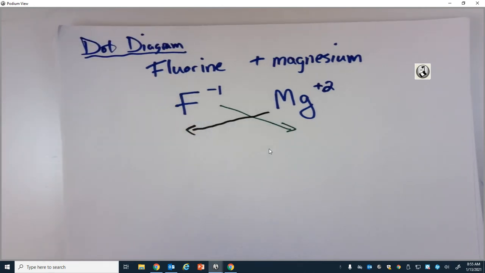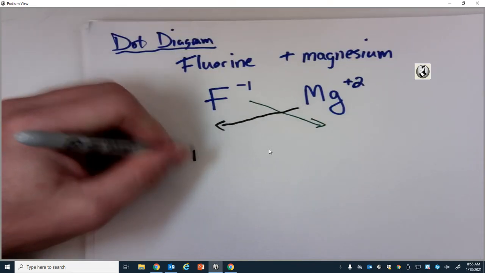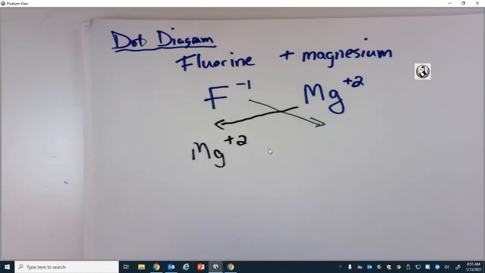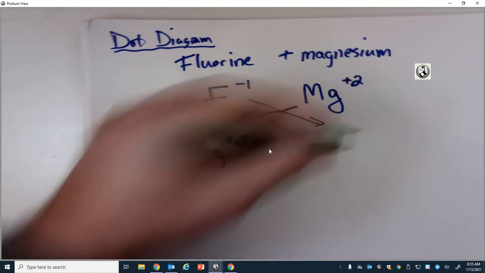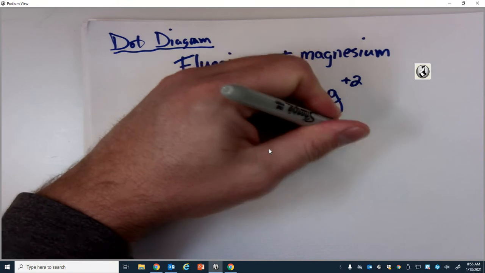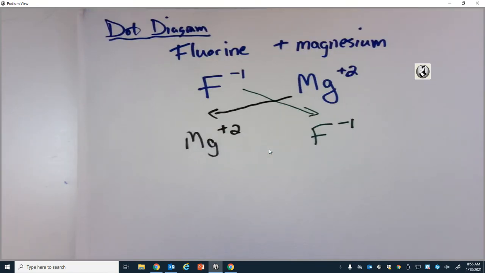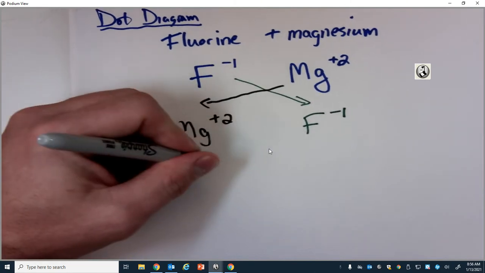I'm going to actually change these colors so that they have different colors. So magnesium is going to have its +2. And then fluorine is going to have its -1. Okay, so now we crisscross jump. Okay, and you get the formula of this compound as being